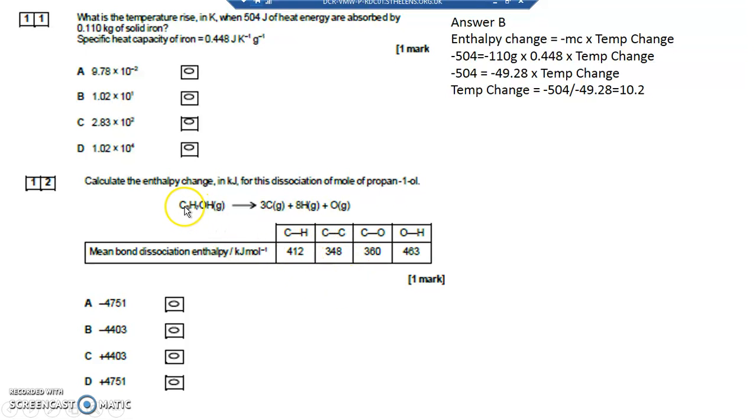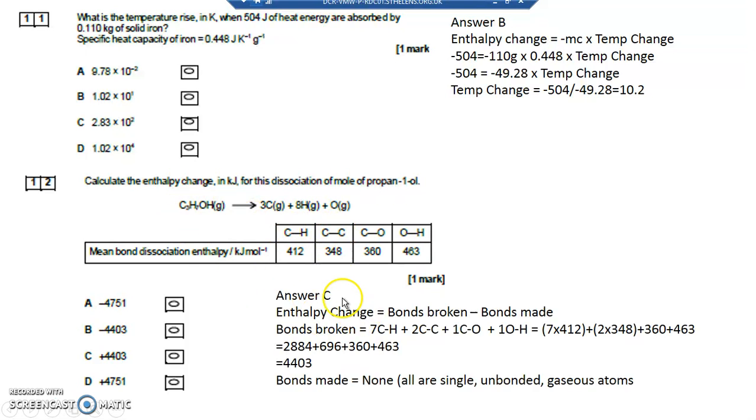So what I've got to do is work out how many of these bonds are in this, because the total enthalpy change is the number of bonds broken. That costs you energy. You needed to put energy in to do that. Take away the bonds made, that gives you your energy back out, and the overall difference is the enthalpy change. So the bonds broken in